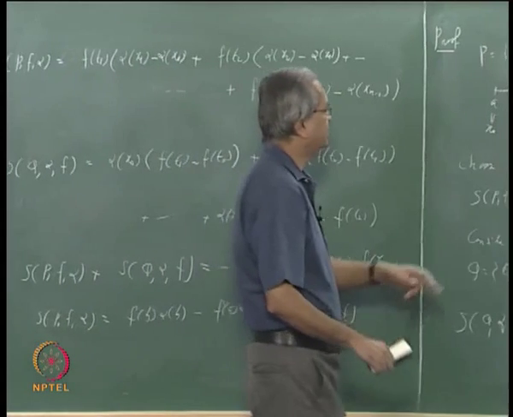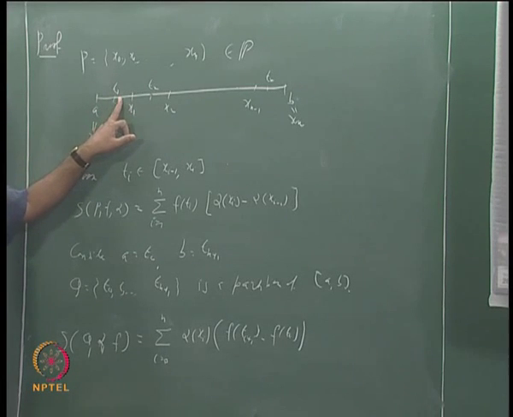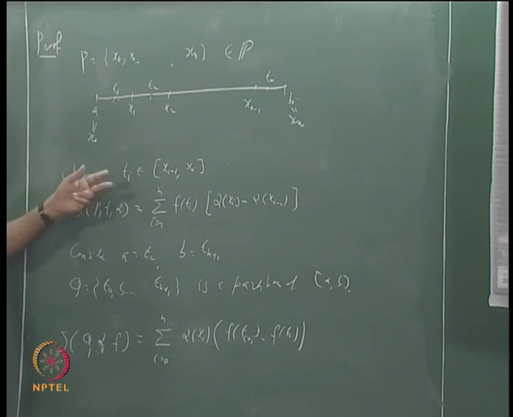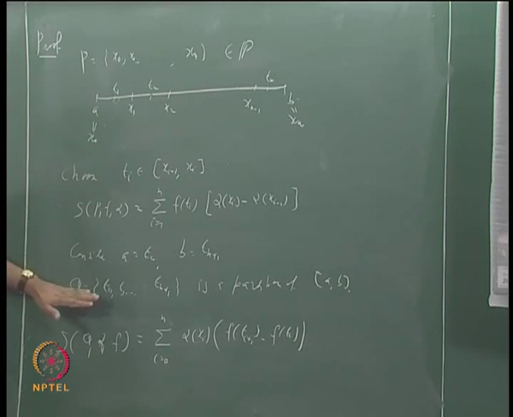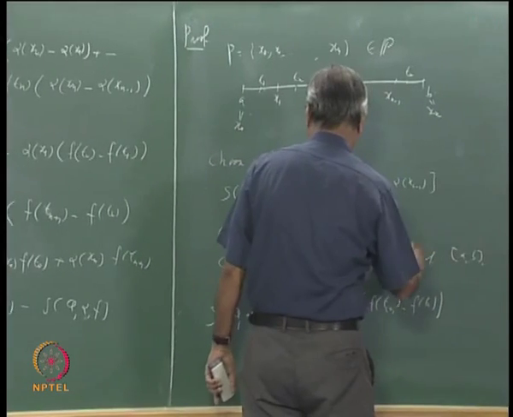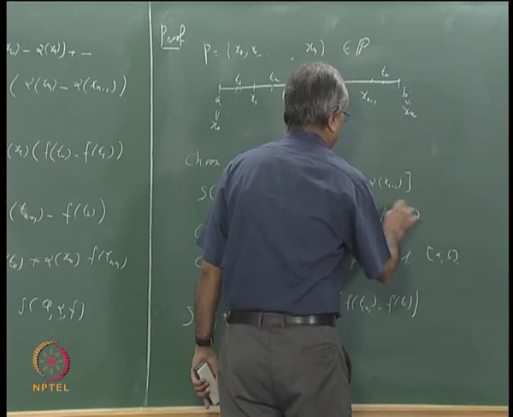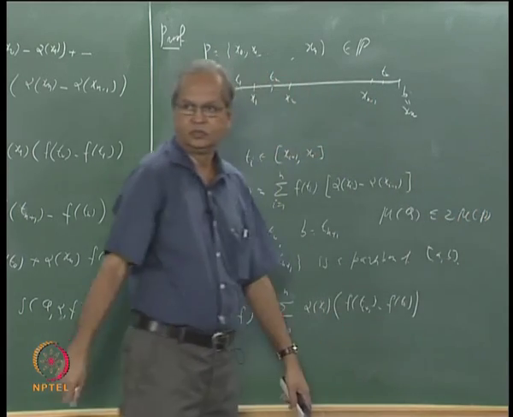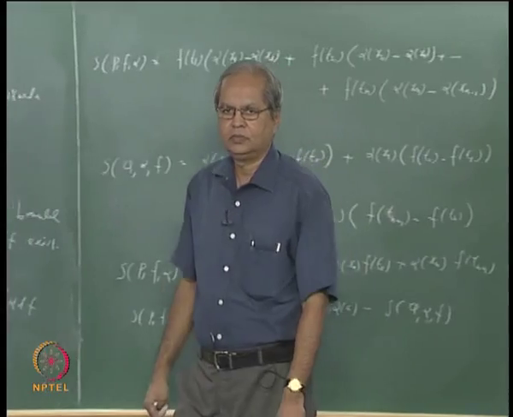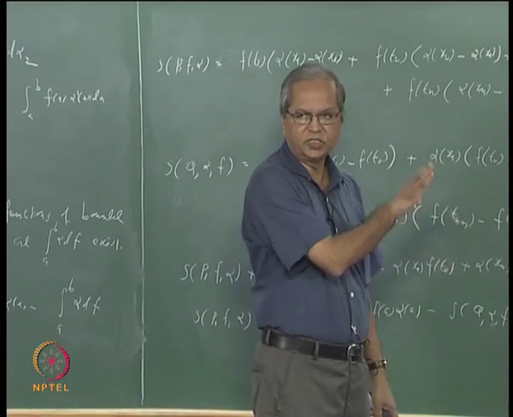You can say, for example, if you take T2 minus T1, obviously it is smaller than x2 minus a. Similarly, if you take any Ti minus 1, any subinterval of the partition Q, its length will be less than or equal to the sum of two consecutive intervals of P. So I can say that the mesh of Q is less than or equal to 2 times the mesh of P. This may not be a very good estimate, but it is certainly true.